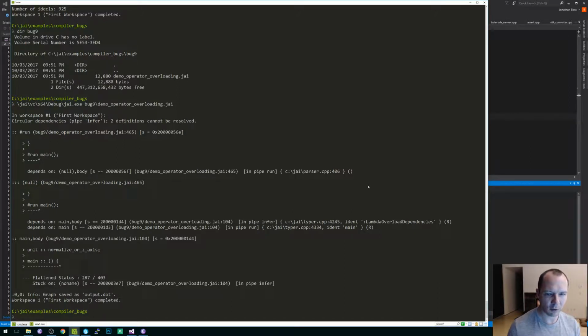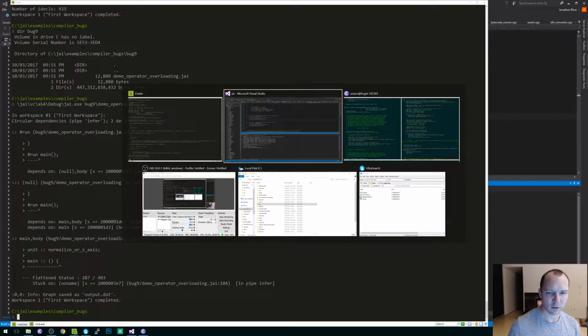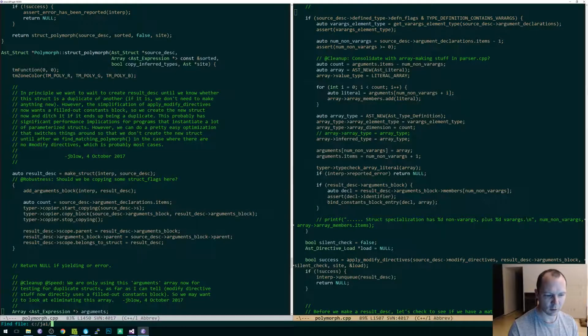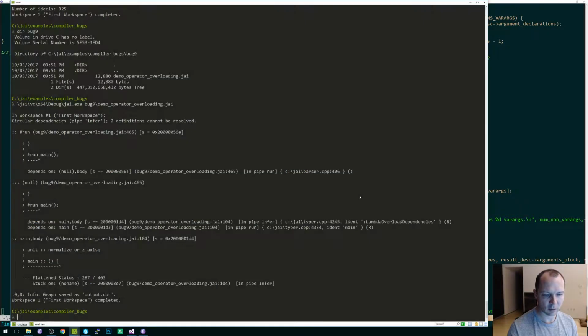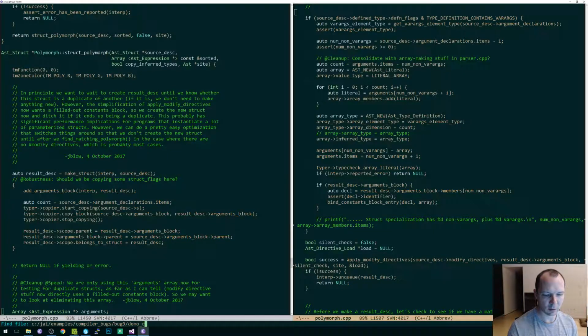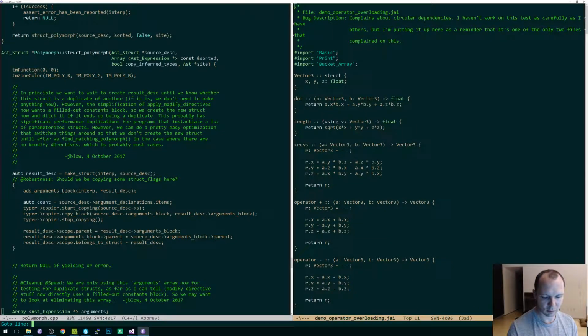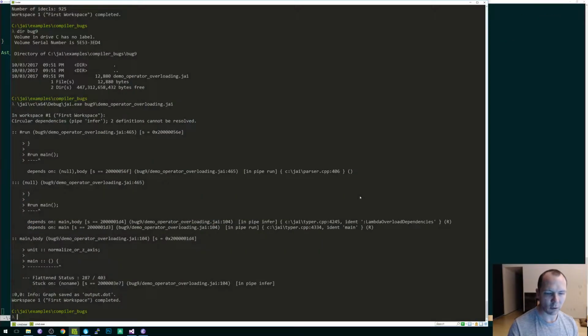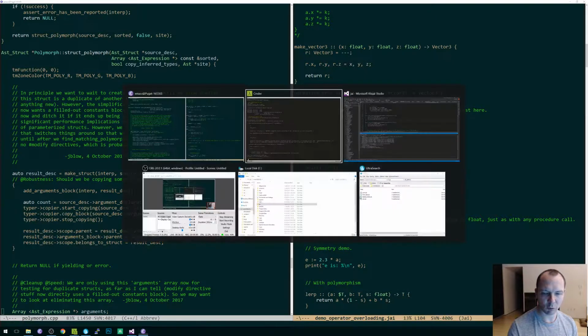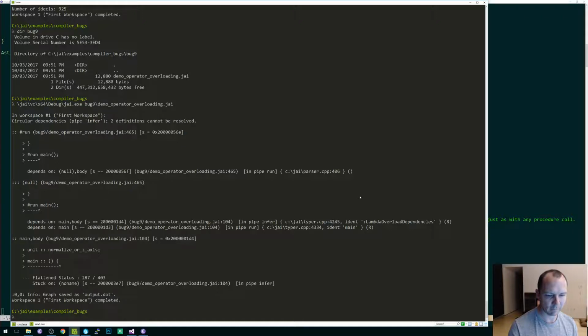But it depends. I just want to look at it real quickly. So that's that. That's the run directive there. Depends on stuff in line 104, which is that. And that's stuck.